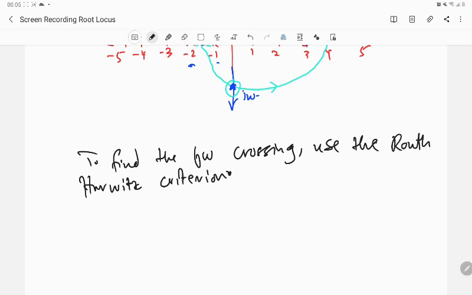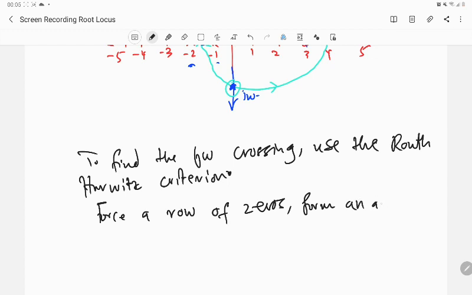When you use it, you force a row of zeros. We said that if you get a row of all zeros, then you form